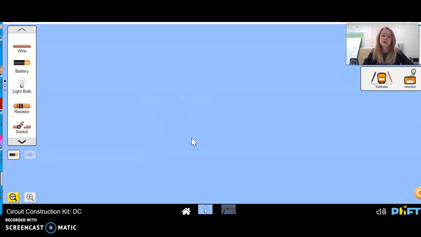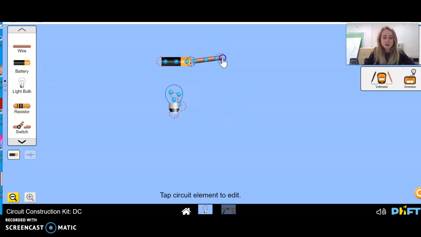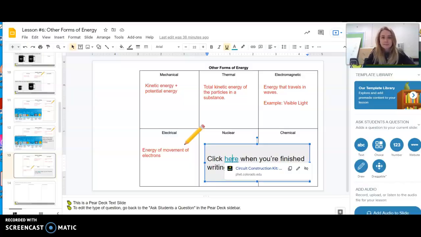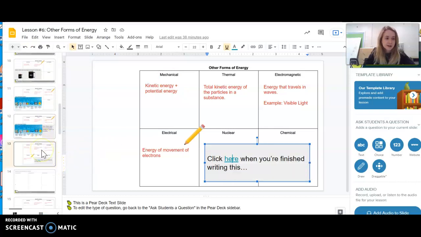So if you go to intro, you can create a circuit. You could play around with this if you want with a light bulb, and if we connect this and we connect this and we complete our circuit, then the electrons will flow and the light will turn on. All right, next we have,